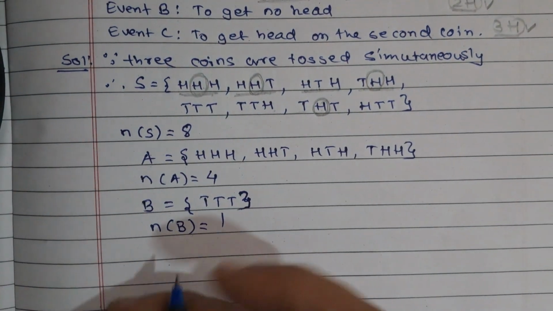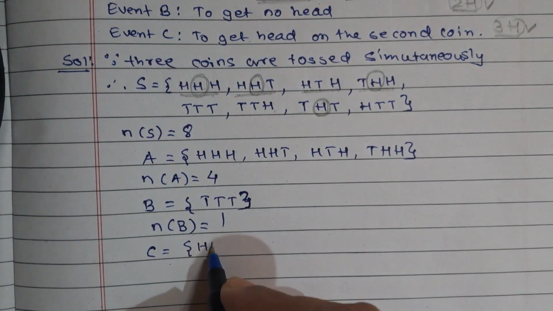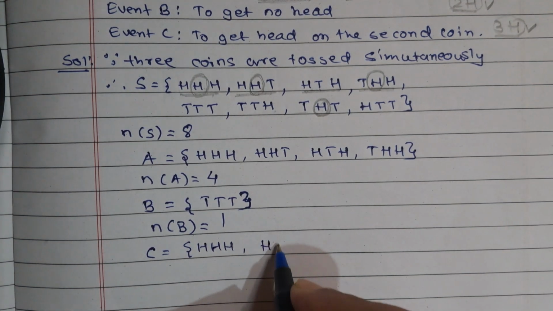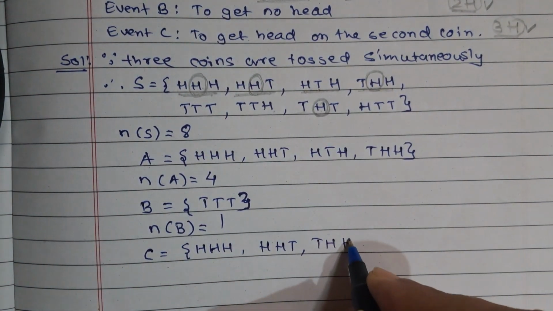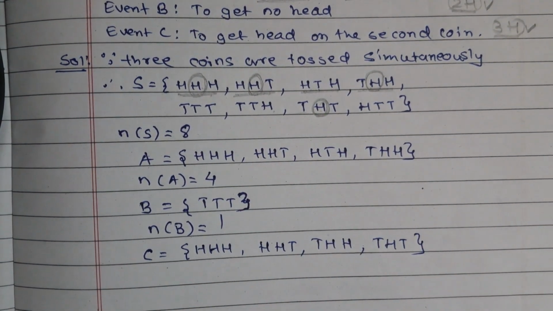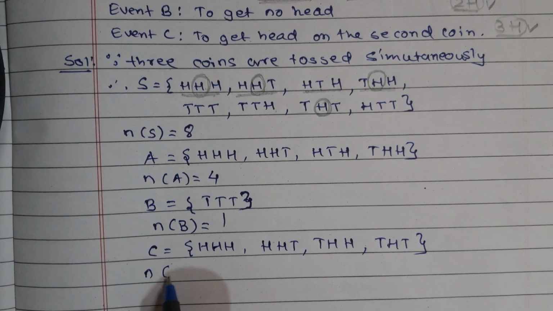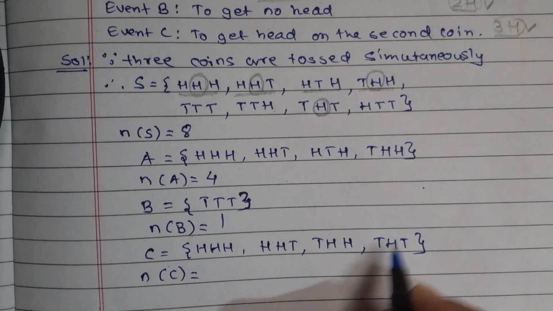So let me write it over here in event C. Event C will have HHH, HHT, this one THH, and finally this one THT. So let me finally write the number of elements in this event C. 1, 2, 3, 4. So it is